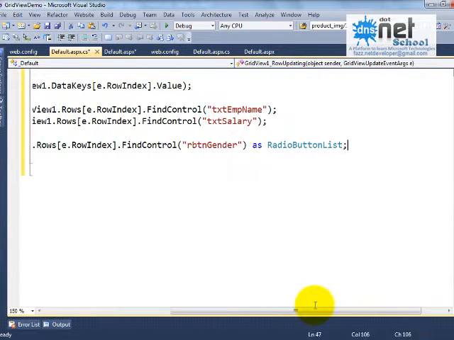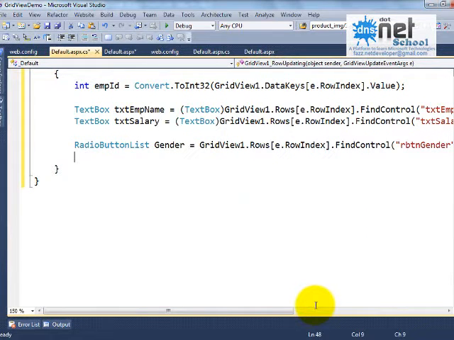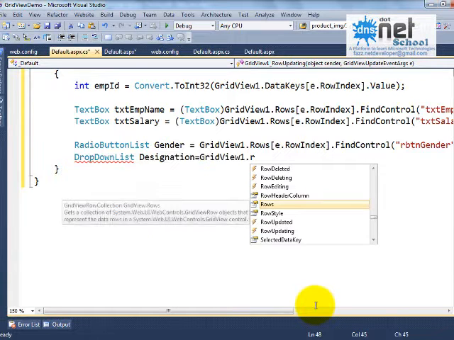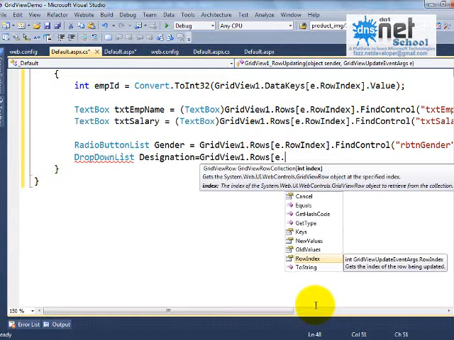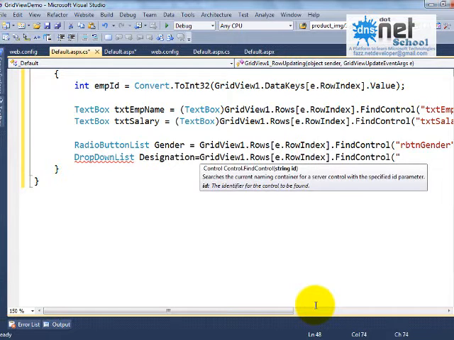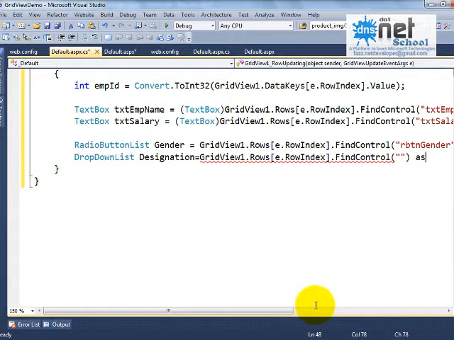Okay, next similarly drop down list designation is equals to GridView1.Rows of current row index dot FindControl, as DropDownList.